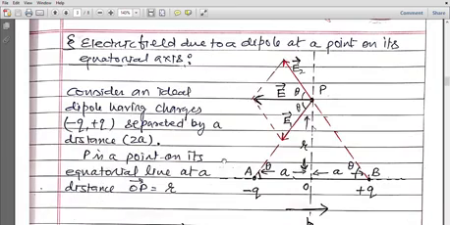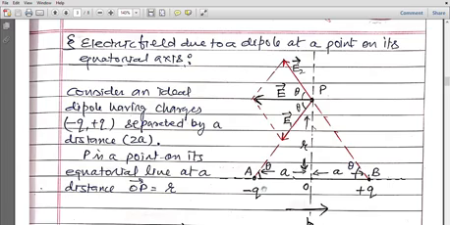Now in next topic we will calculate electric field due to a dipole at a point on its equatorial line. Equatorial line is the line which is perpendicular to the axis and passing through the midpoint. So this was axis, this is midpoint, and this is perpendicular line. So this is equatorial line. Now this is the point P where you have to find out. You can see this is point P, and the distance of O, as all the distances are measured from midpoint, so from O distance of P is R.